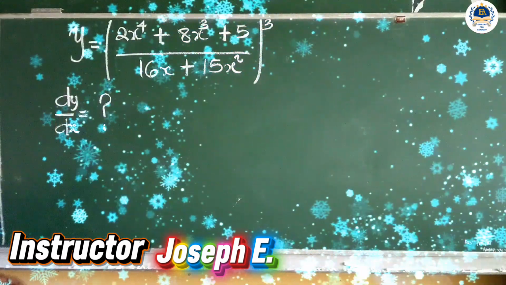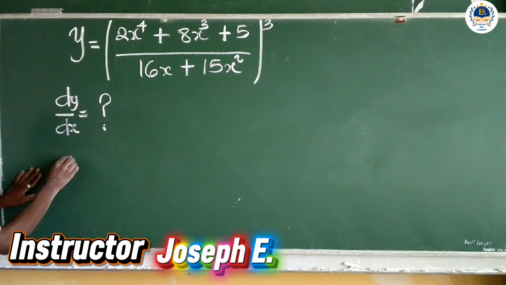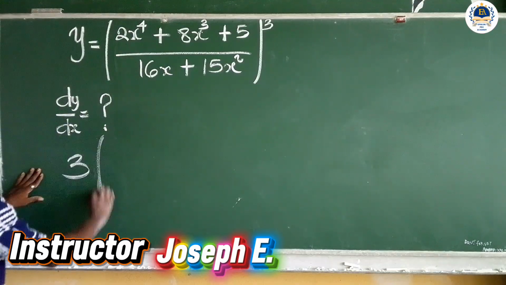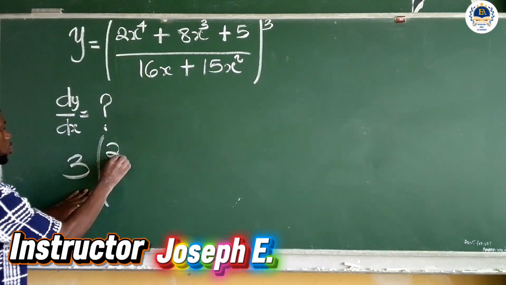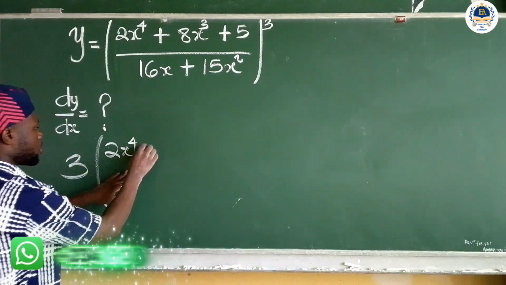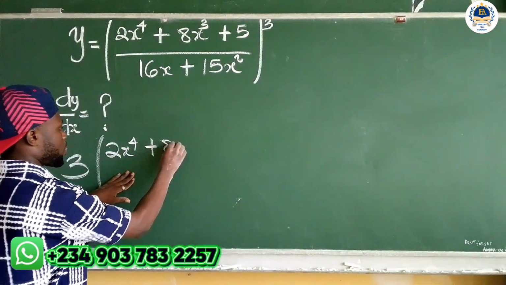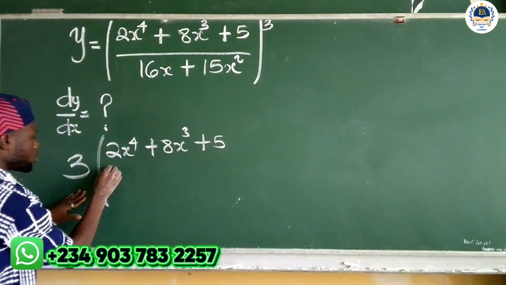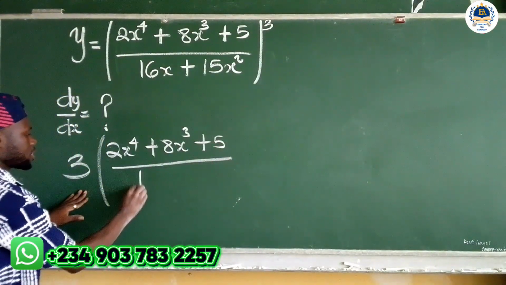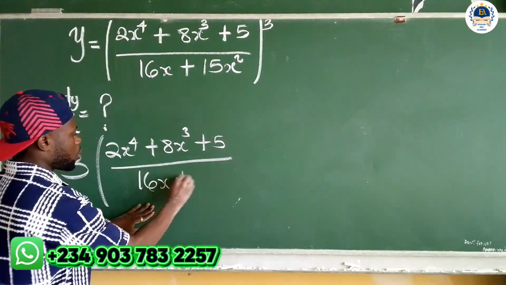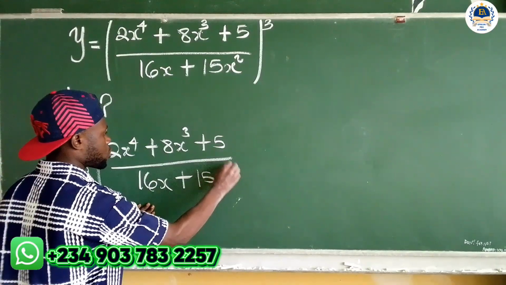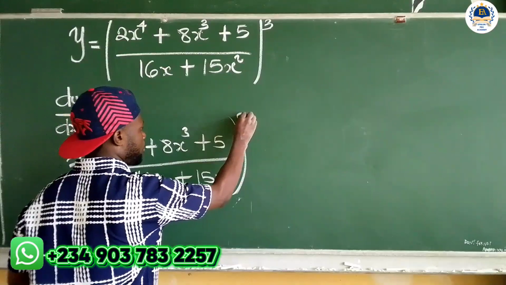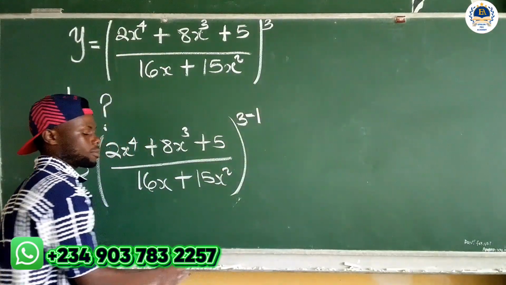So that becomes 3 times this bracket, and in the bracket we have 2x raised to the power of 4 plus 8x raised to the power of 3 plus 5, all divided by 16x plus 15x squared. Now the power becomes 3 minus 1